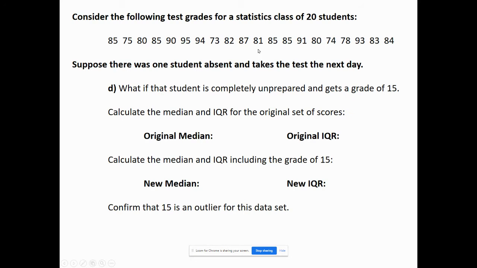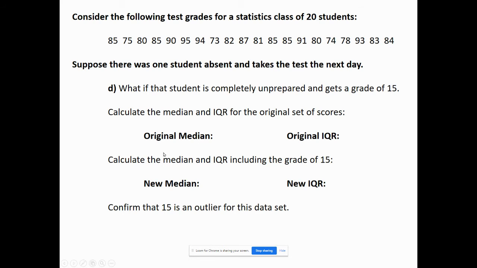Okay, our original set of 20. Next, what if that 21st student takes the test and gets a 15? Now, 15 on the surface would appear to be an outlier. It's a number that's much smaller than the typical data point in here. So there's a really good chance that we're not going to want to use the mean and standard deviation anymore. We're probably going to want to go to the